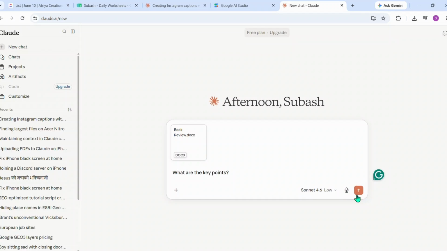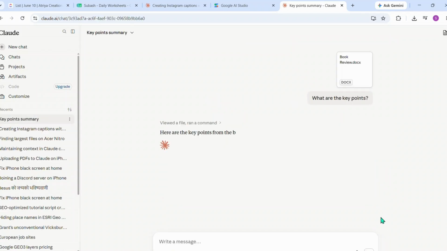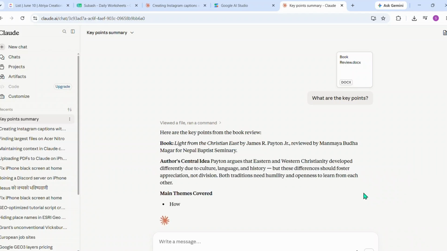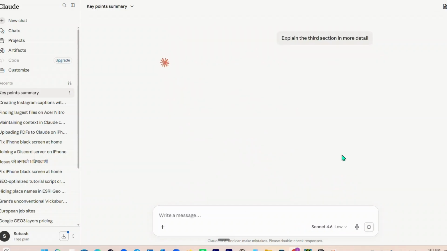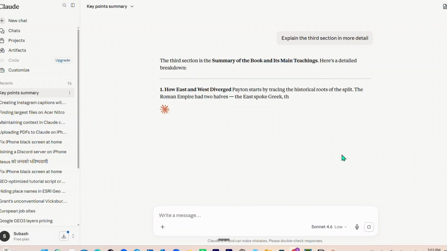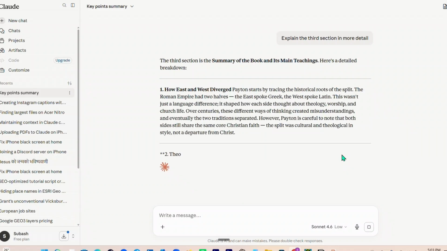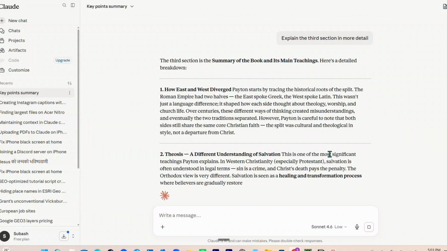Then hit Send. Claude will read through the entire document and give you a clear, detailed response based on exactly what you asked. If you want to dig deeper, just keep asking follow-up questions in the same chat. Say something like, explain the third section in more detail, or compare these 2 points, and Claude will break it down further. It works great for contracts, reports, research papers, meeting notes, anything with a lot of text that you